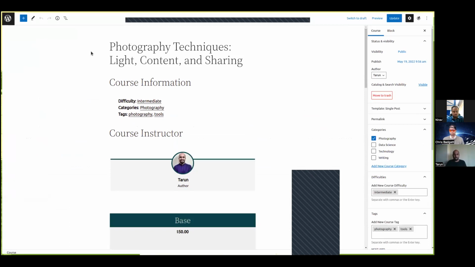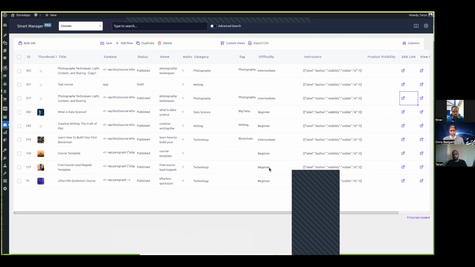Any other details that you want to edit that you are unable to do within Smart Manager or something of that sort. Hardly there are any fields that you cannot edit using Smart Manager, but still we have given that kind of link. You can also view the changes. So we have view links wherein these changes can be viewed directly live on your site. So how the course is looking on my site. Is it looking proper? Are there any CSS changes needed or not?